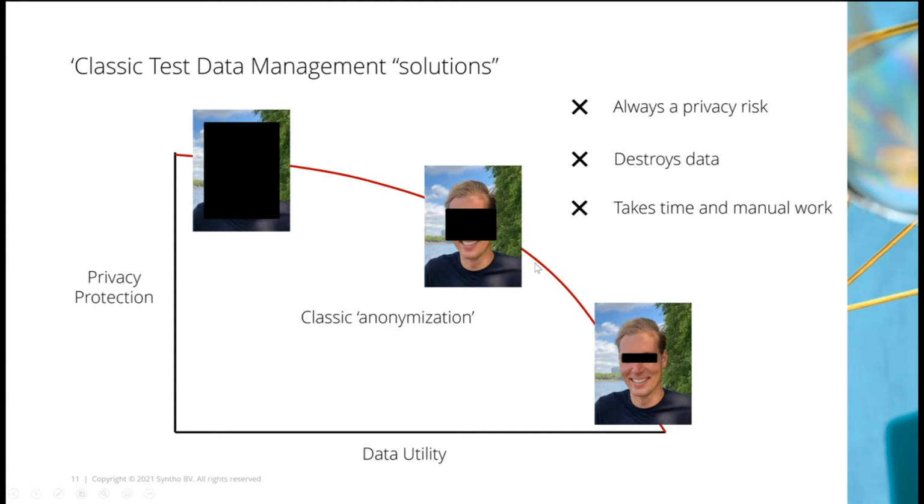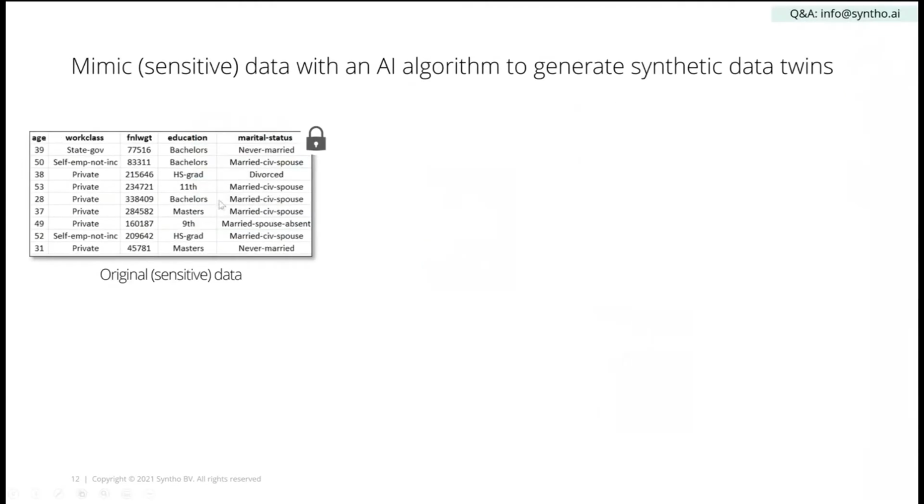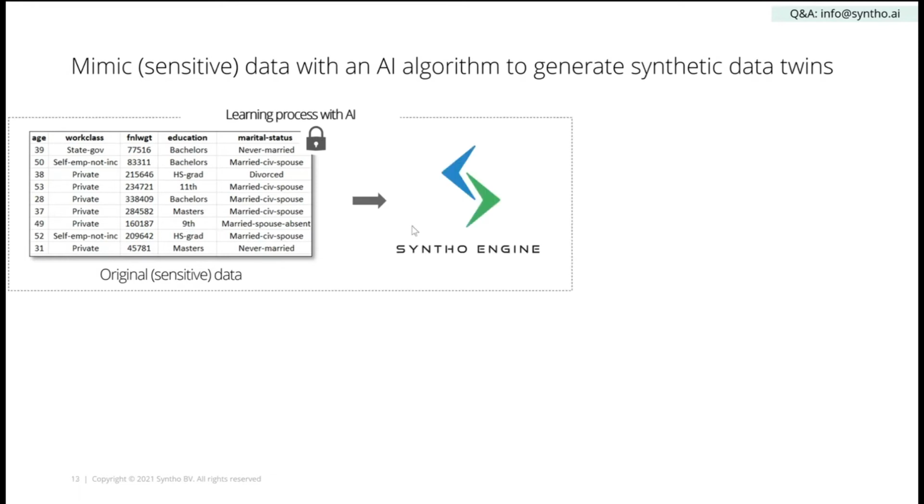And to get to AI-generated test data, we typically start with original sensitive data. This is a really simple snippet of an original data set. You see a couple of columns and rows. Of course, you have multiple data sets and many columns and rows. But the process is we have our engine. It's an artificial intelligence-based platform. It learns statistics, patterns, and relationships of the original data, and that's why we see here the learning process with AI